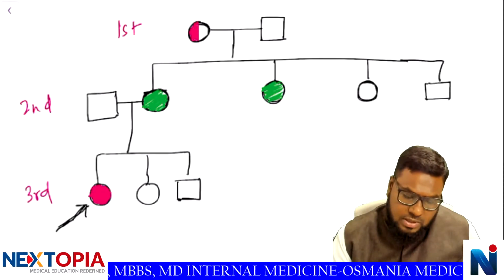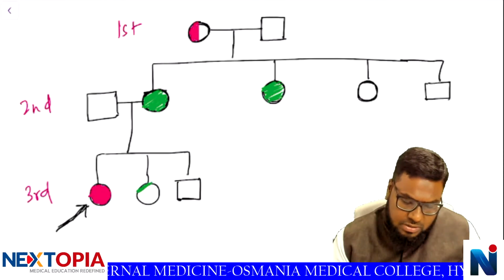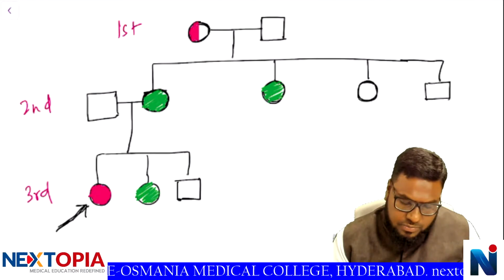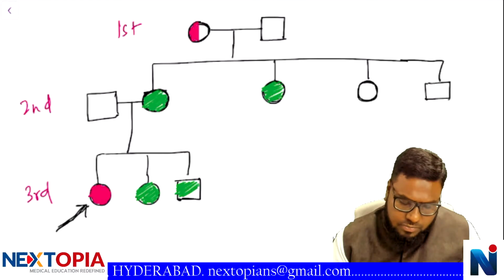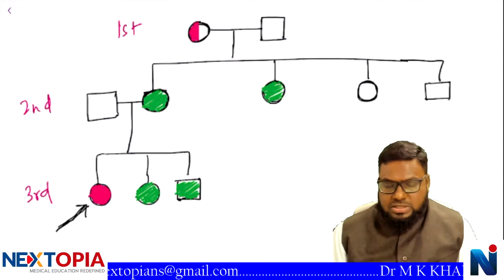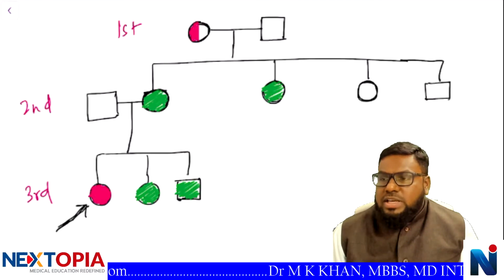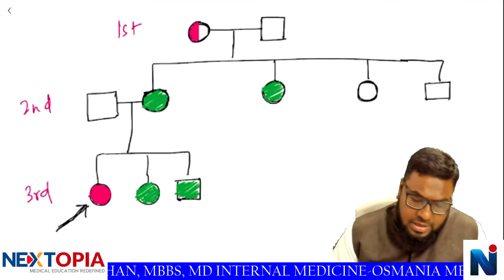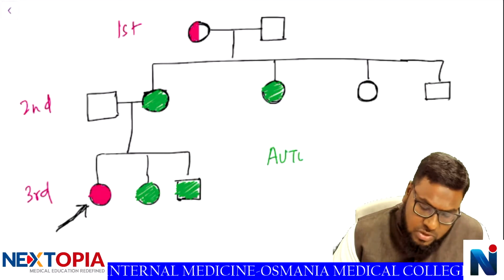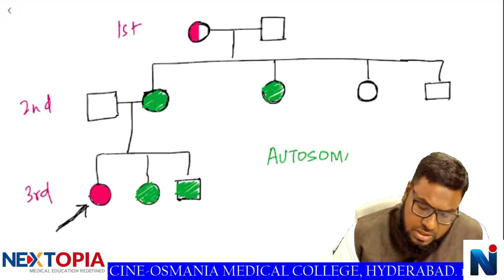All right. Then in the third generation also again at least 50%. That is 2 children are suffering from this disease. So this green color is denoting what? It is denoting the autosomal dominant trait. So autosomal dominant means what? A disease or a disorder or a trait